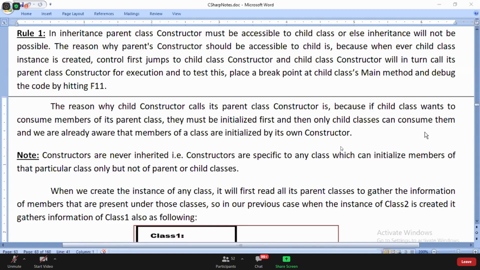If you have 10 classes, guys, and if you create the instance of the 10th class, it will start reading from class 1 to class 10.